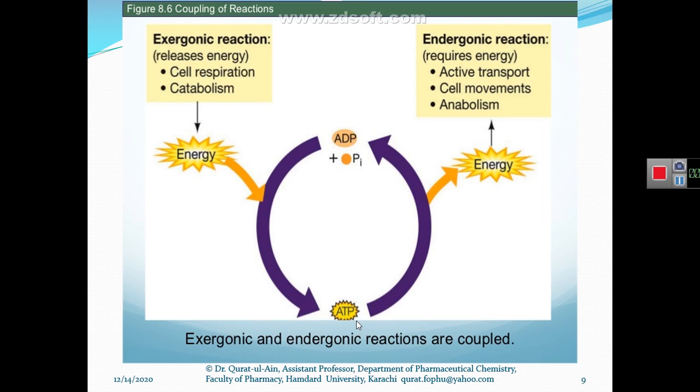However, whenever an anabolic reaction takes place in our body, this ATP phosphoanhydride bond would be hydrolyzed and produce energy. So all these are the catabolic and anabolic pathways that are involved in the production of energy or the consumption of energy.